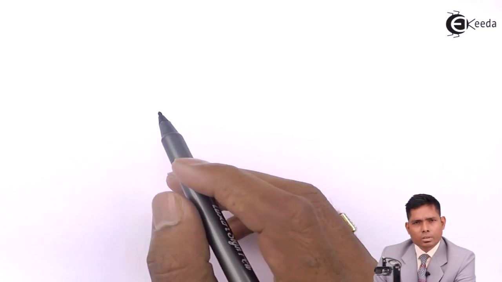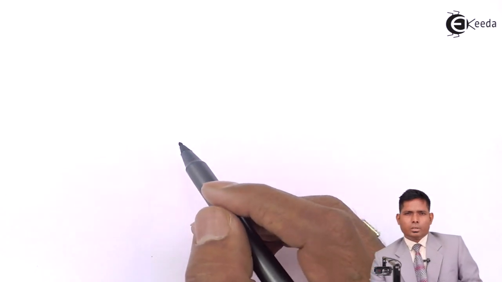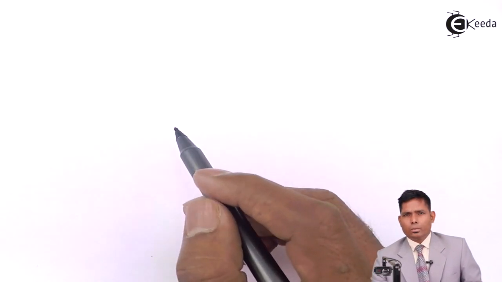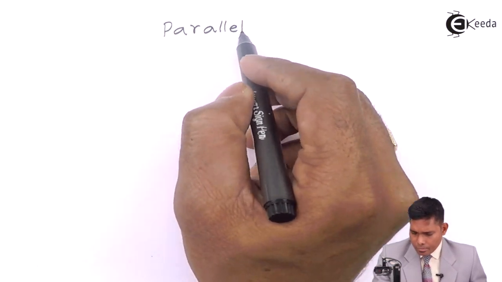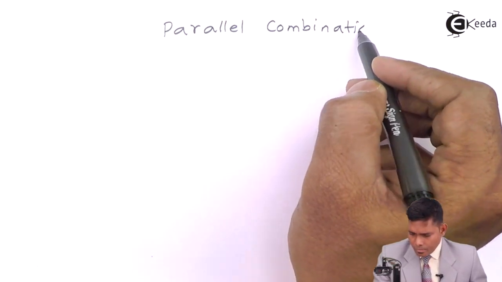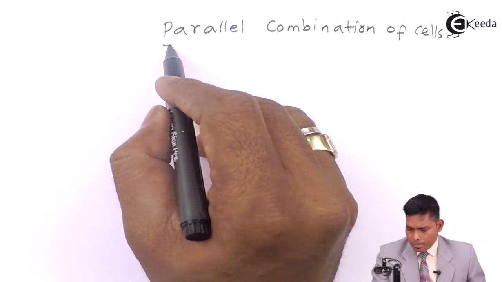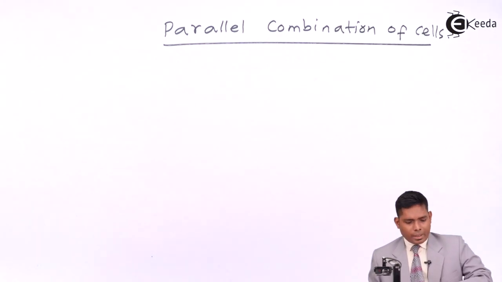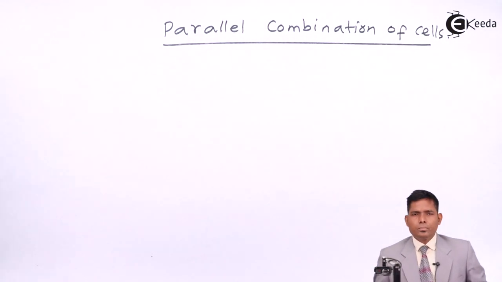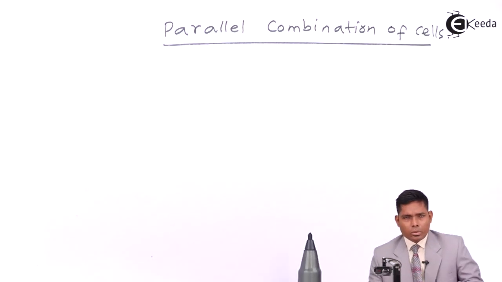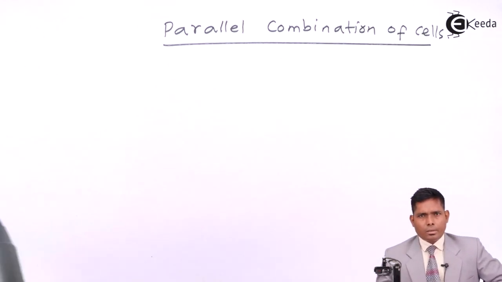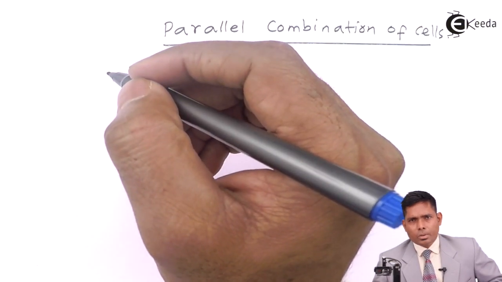In the previous lecture, we discussed the series combination of cells. Now we'll discuss the parallel combination of cells. In parallel combination of cells, if the cells are like this, because the derivation part I'm not going to solve here, I'll just do it in my JEE videos. But here,